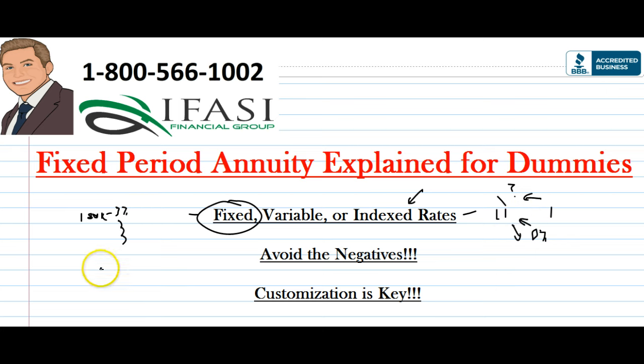So this just allows individuals to try to keep pace with inflation and have substantial gains in their accounts whenever the market goes up, but also have that protection whenever the market goes down. The negative regarding index annuities is when someone's looking for max growth.